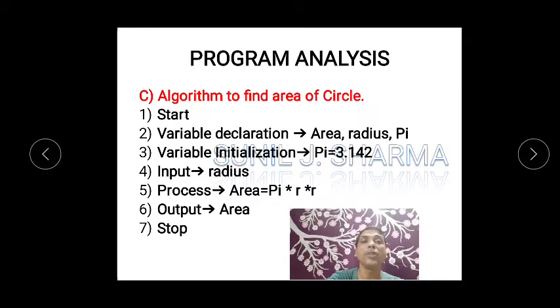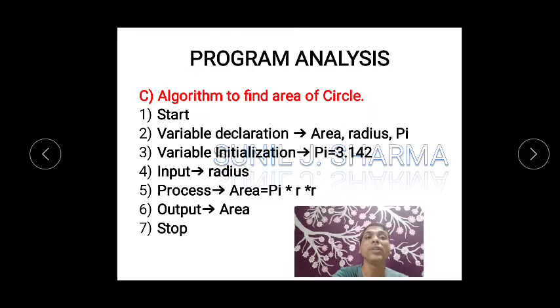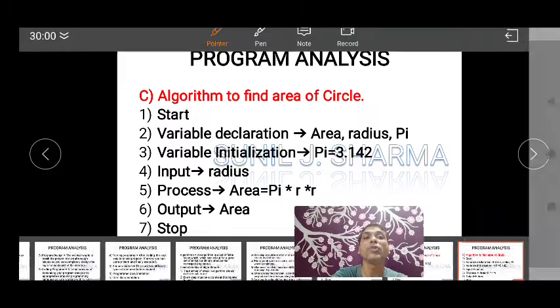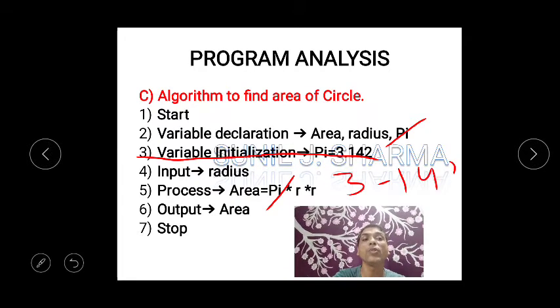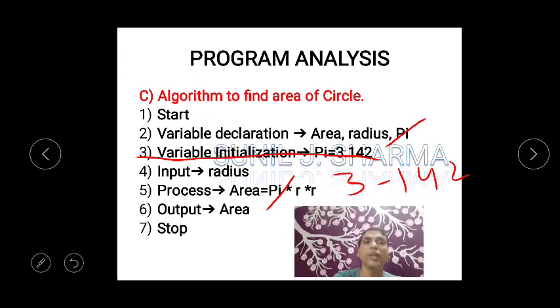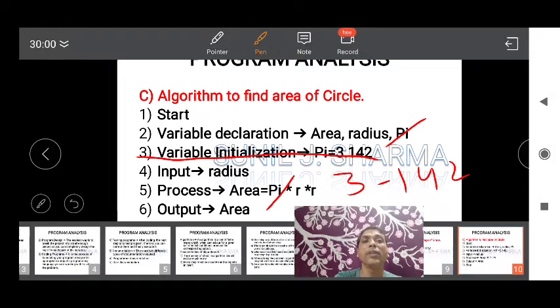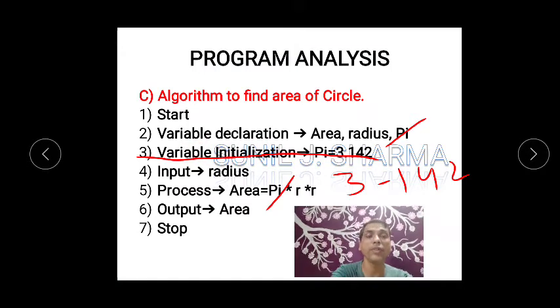So I hope you understand this algorithm is very simple. Now why we use this? Because sometimes the values are fixed. Wherever the values are fixed, that time you can use it here. If you don't want to use this step, then instead of this pi, don't use the variable pi, and directly you can substitute 3.142. That will also do, but I just want to show you that one more step is there for variable declaration whenever you are having some constant values.